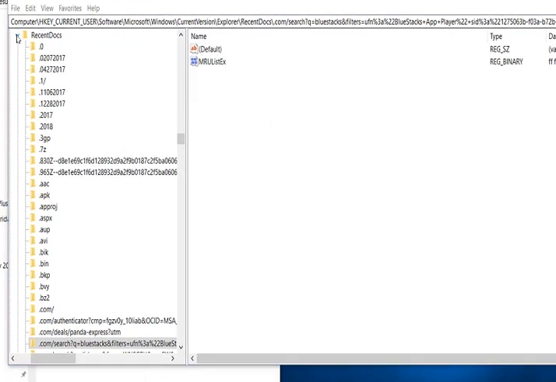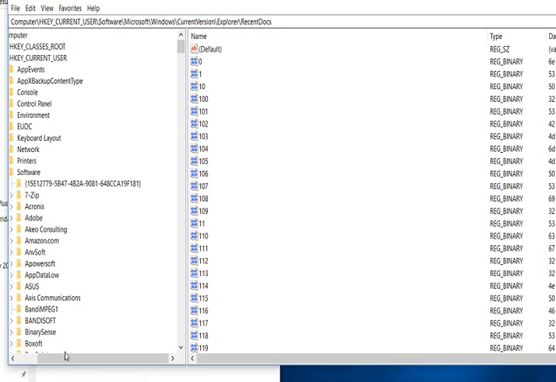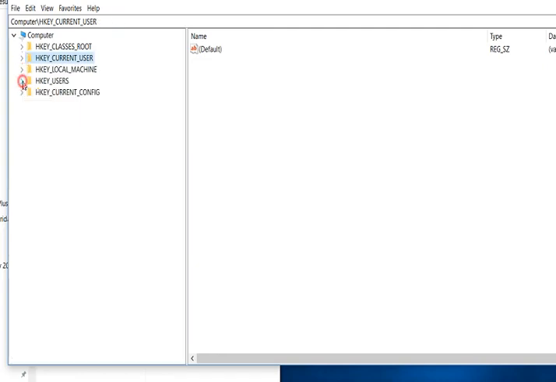When it doesn't find anything, it means you're at the bottom of the whole thing. It scans through the whole registry, which takes a couple of minutes. I have an SSD and a fast computer, and it took me almost 5 minutes to scan through the whole thing. When you press F3 and it always says not found, not found, not found,